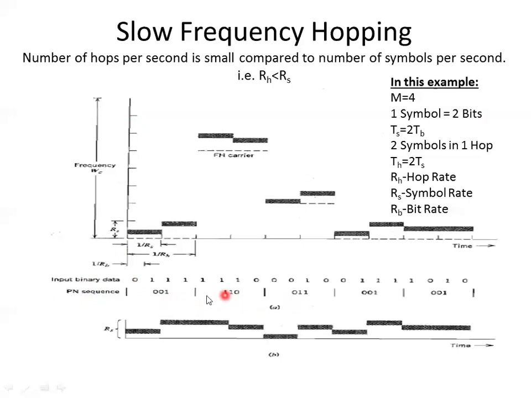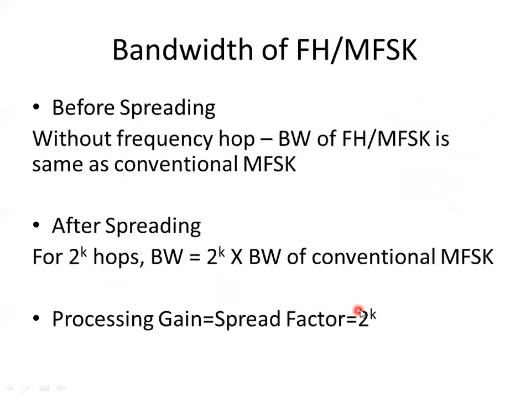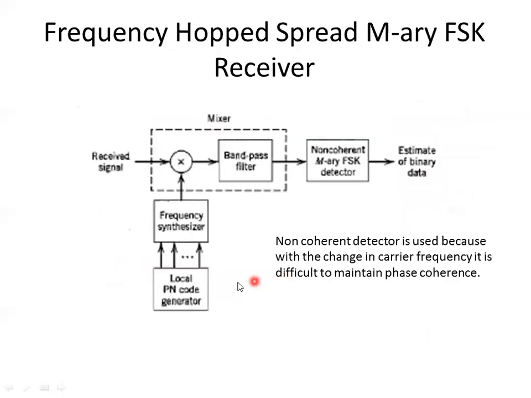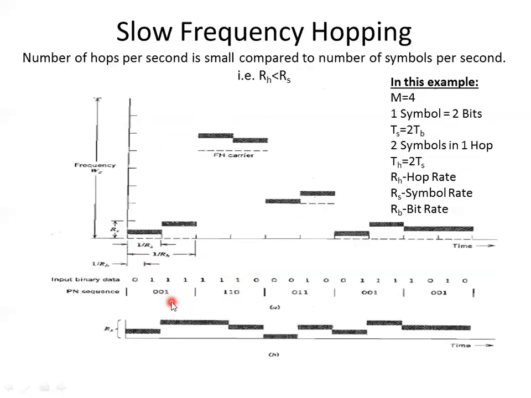That means here we talked about the frequency synthesizer, correct? So it can generate 8 possible frequencies, out of which here we are making use of only 3 frequencies, F1, F3 and F6 in different time intervals. In this time interval it is frequency F1, in this time interval again it is frequency F1, here in this time interval it is frequency F3, and here it is frequency F6. And now look at the input binary data.